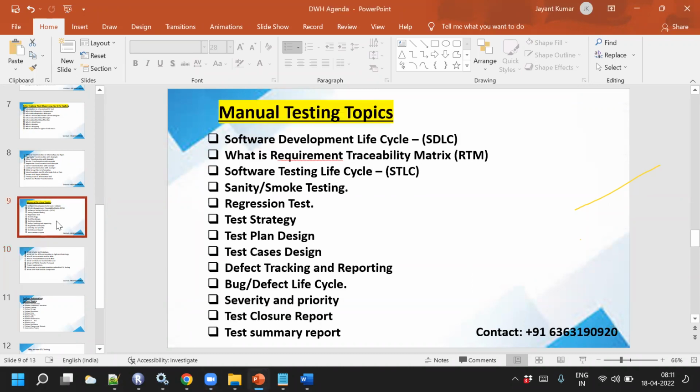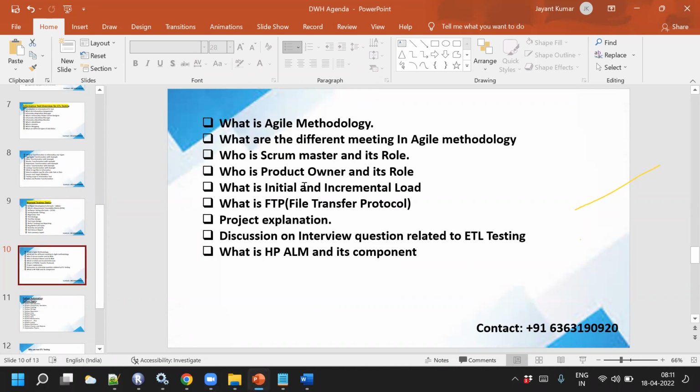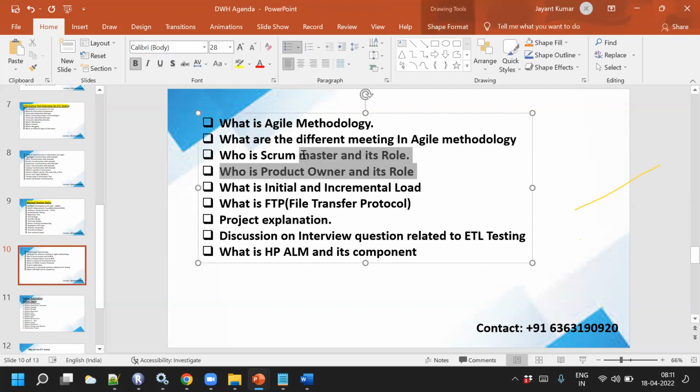So these are all the manual testing concepts we saw. These are the agile methodology topics. Don't worry, we'll take them. Then initial and incremental load and project explanation, discussion on ETL testing interview questions, all these things. And in the last,